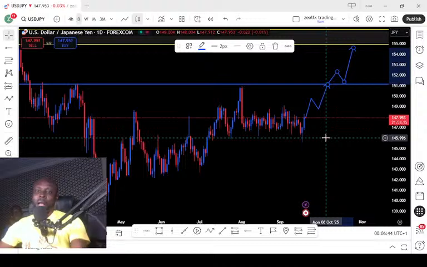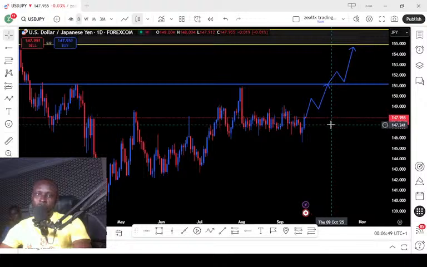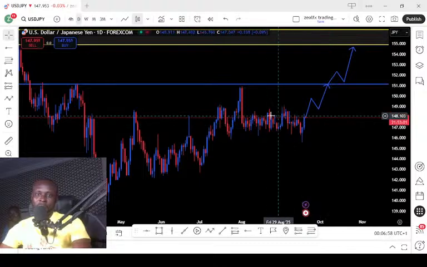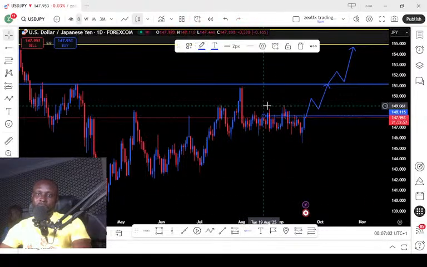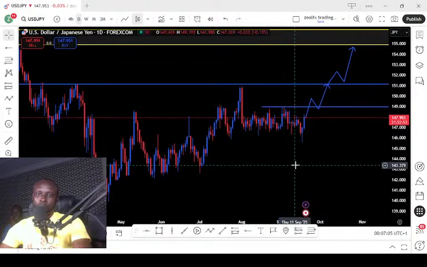So our scenario for USDJPY still remains bullish. We expect more buys for the USDJPY to the top this coming week and in this month of September. So look for more bullish opportunity for the USDJPY once we see a clear price above this resistance level. Once we see clear price above this resistance level, look for more buys on the USDJPY. So let's look at our next pair, which is the